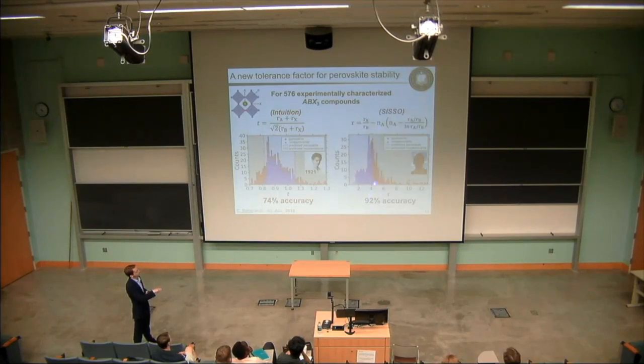Because it separates perovskites with this one line, we call it a monotonic classifier, which basically means all the perovskites are on one side of the line and the non-perovskites on the other side. This is a bit different from Goldschmidt's parameter, which tries to sandwich the perovskite class between two non-perovskite regions. This might seem a bit semantic, but it actually has significant consequences for what you can do